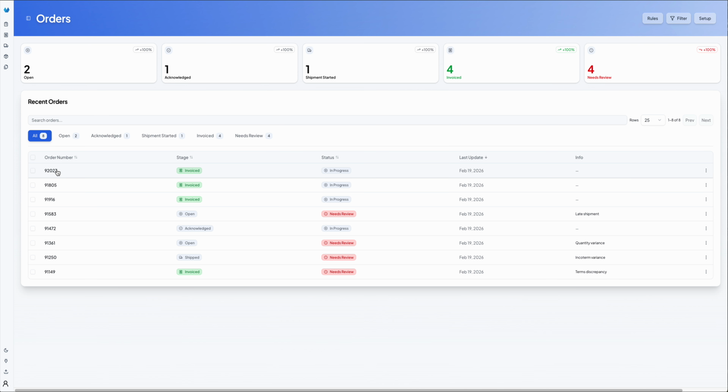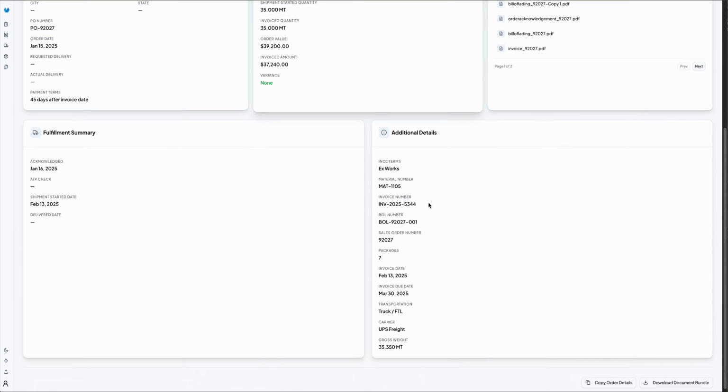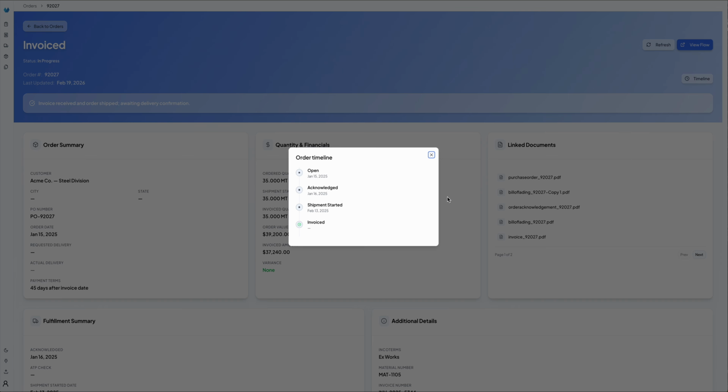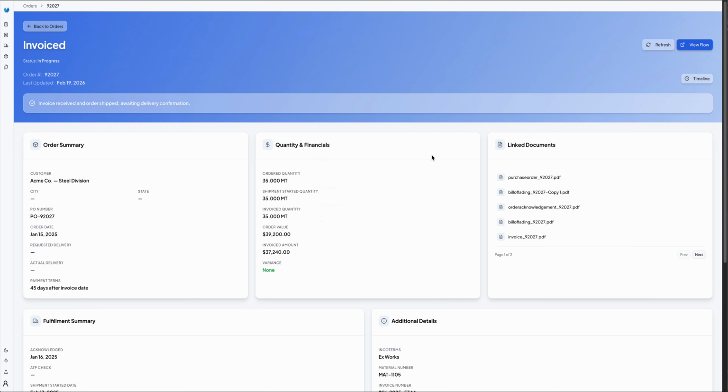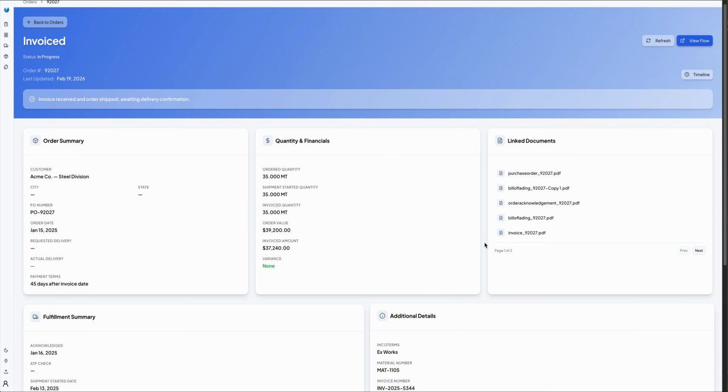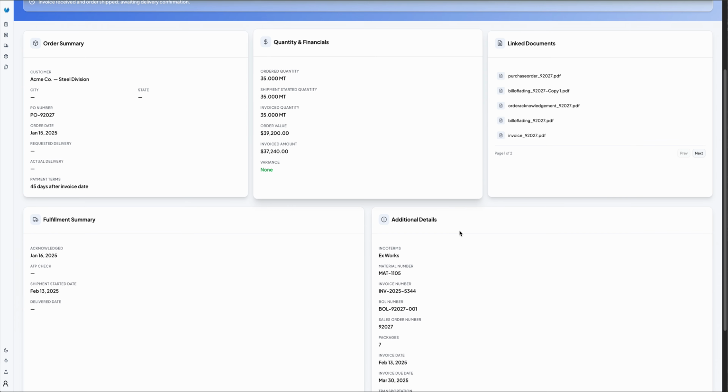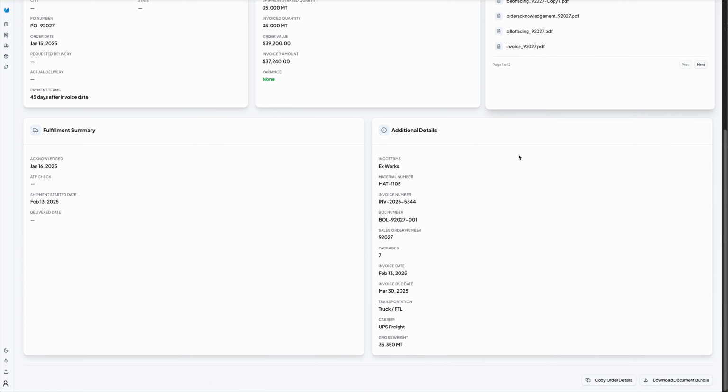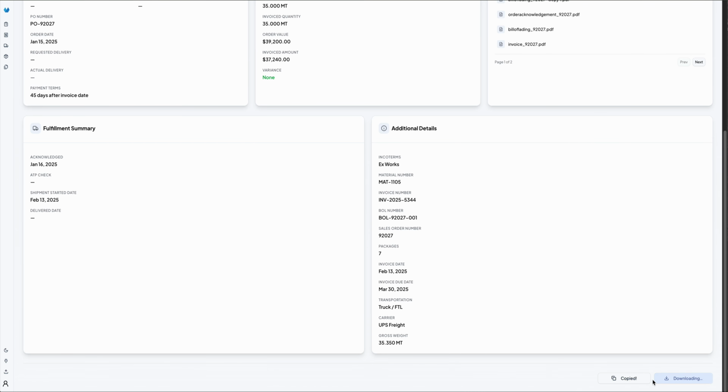This order is invoiced, in progress, there's no flags. Let's click on the timeline and you can see every stage landed on time and in order. Open, acknowledged, shipment started, invoice. No surprises, no action needed. You also have all the linked documents, full order details, and a downloadable document bundle so you can share with